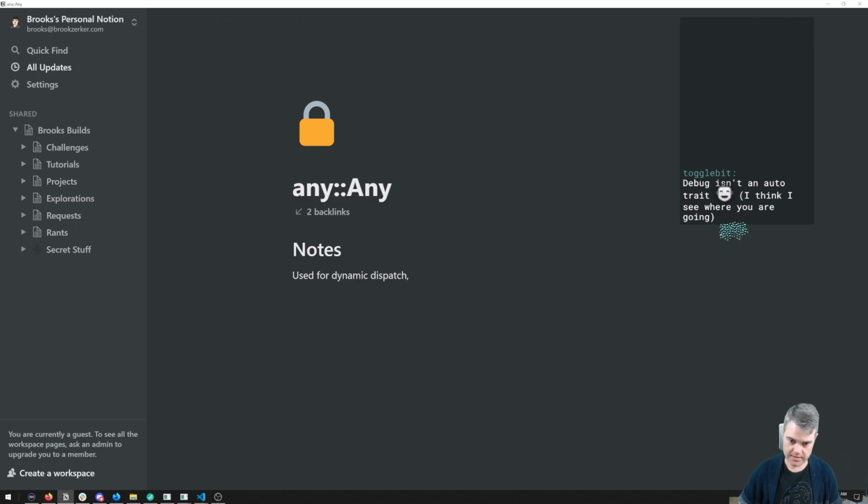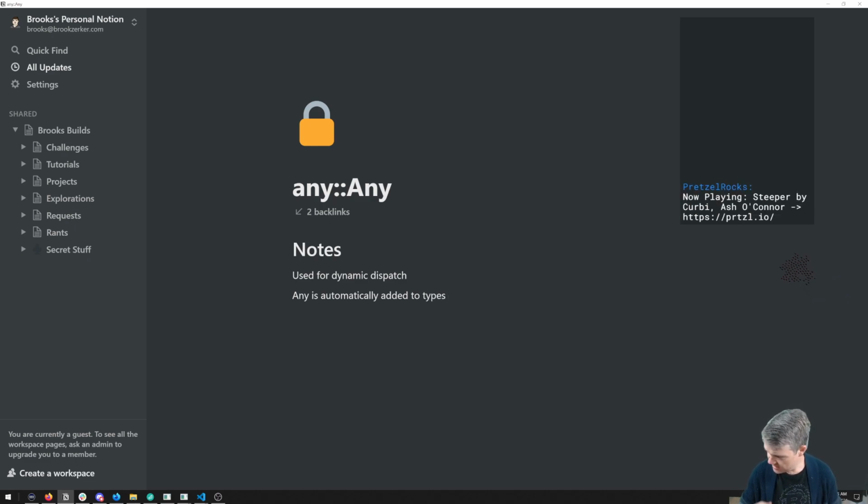Use for dynamic dispatch, and then basically Any is added to types. So Any is automatically added to types that